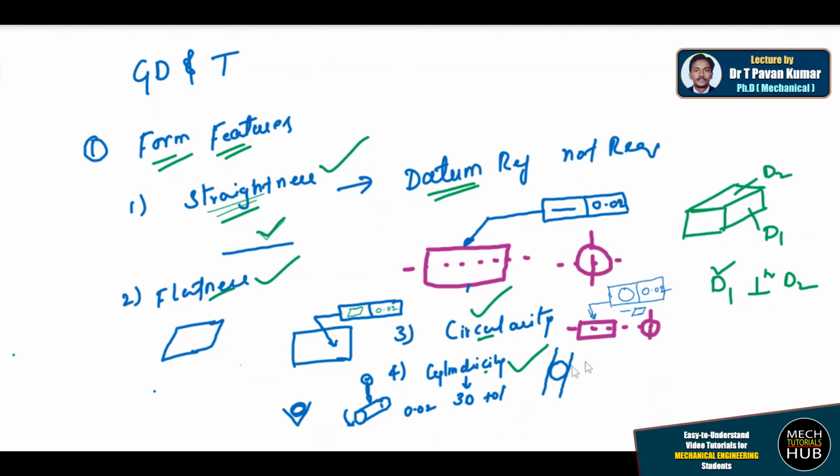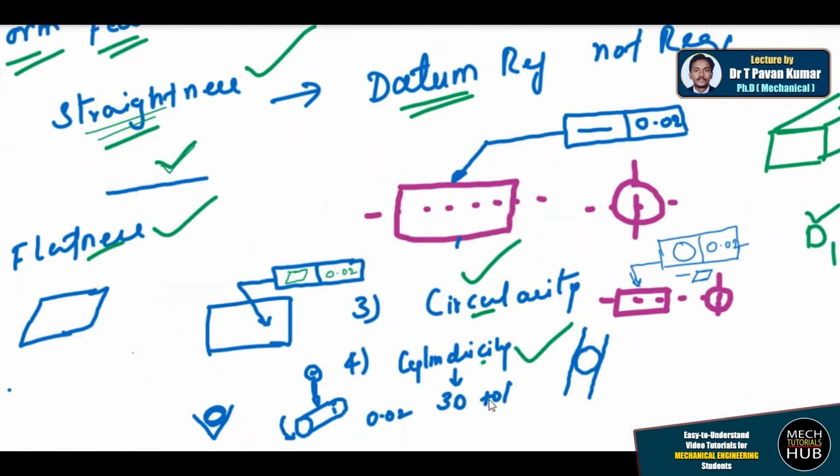Other than that, for all the 4 I have shown you the same way of positioning the symbol followed by the tolerances. In the case of straightness, you specify a leader line on an edge, followed by the symbol and the tolerance value given. This line is called the leader line. Coming to flatness, you specify it on a surface, wherever it is required, followed by the symbol and a value. I will zoom it out so that you have a clear picture.